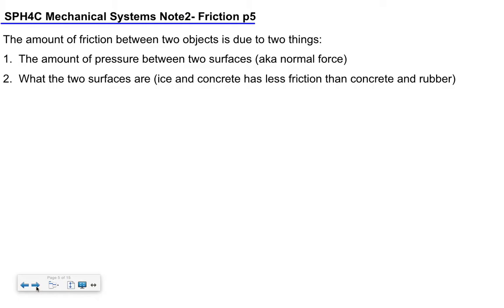Okay, so there's two things that affect the amount of friction between two surfaces, because we're talking about surfaces. Sliding friction means they might be two of the same surface, but there's always two surfaces. One is the normal force, because if you're really pressing down on something, and of course the normal force is perpendicular to motion, but you're pushing down on something and then you want to push it to move it, it's harder, right? There's more pressure between those surfaces.